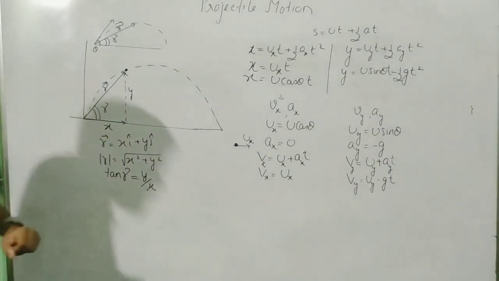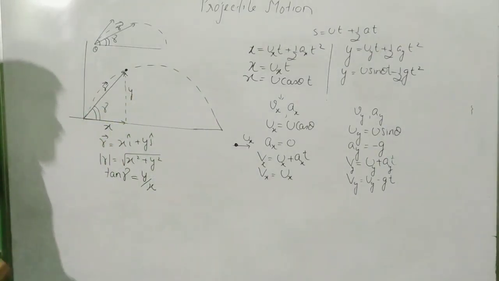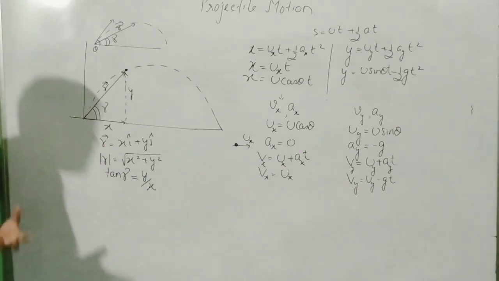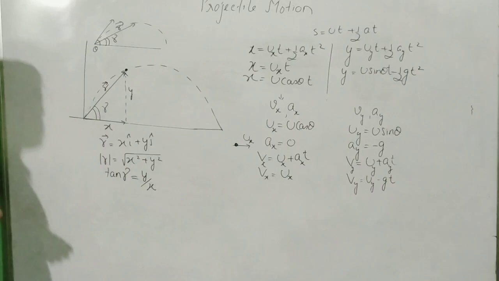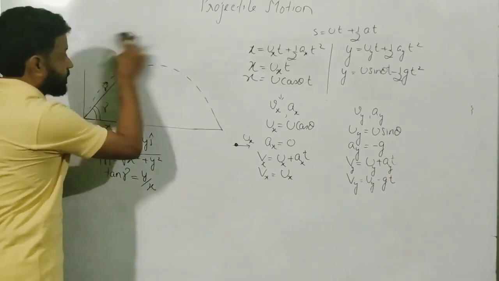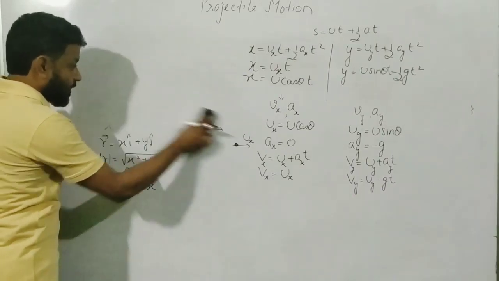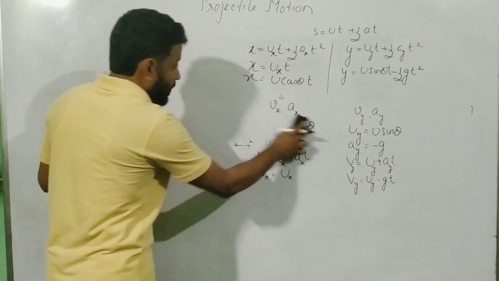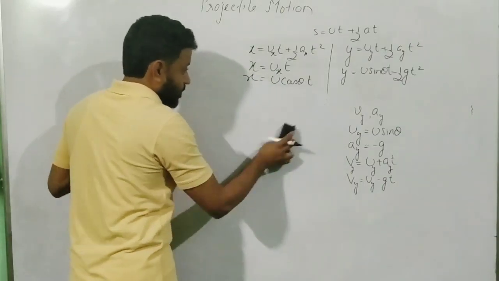So what I have taught you just now? I have taught you just now how to find the position vector at any instant of time, provided you know the time. Now next, let's try to do some questions for clear understanding. Then only we are going to understand this completely.